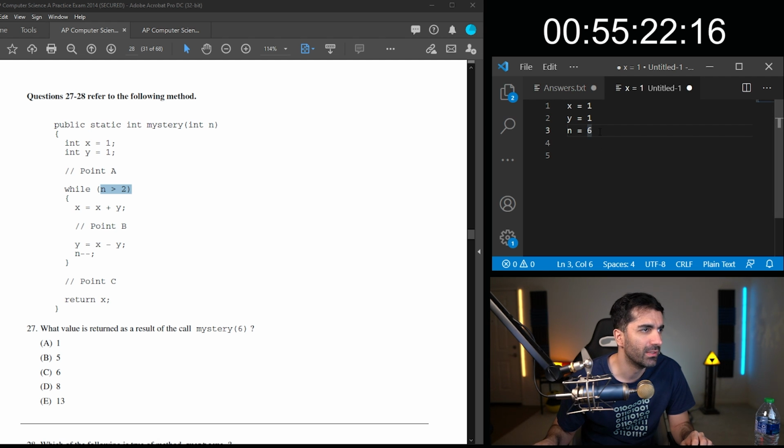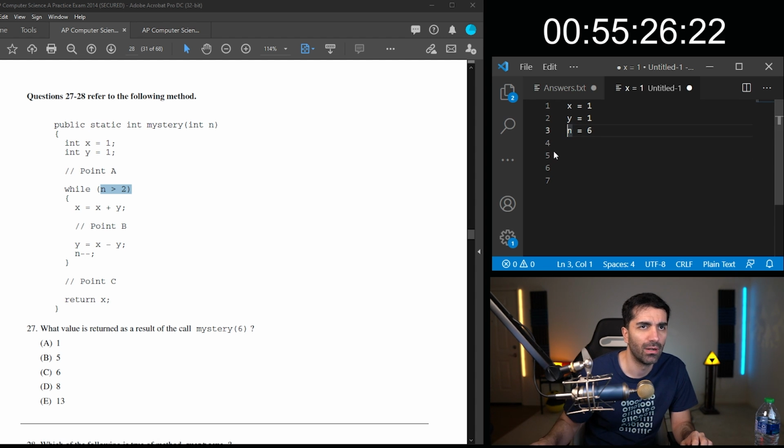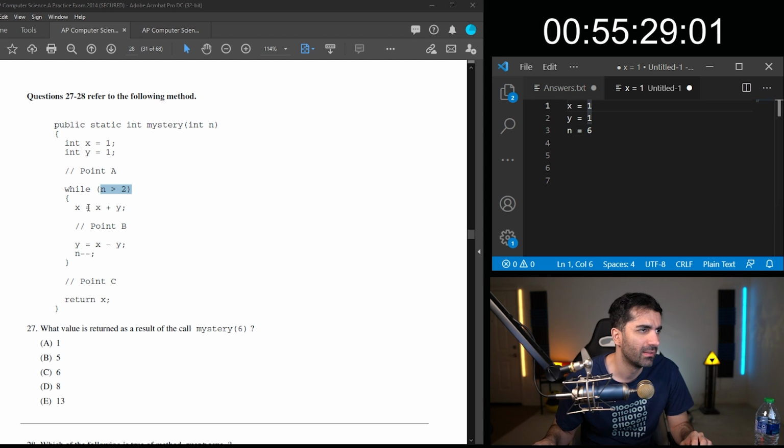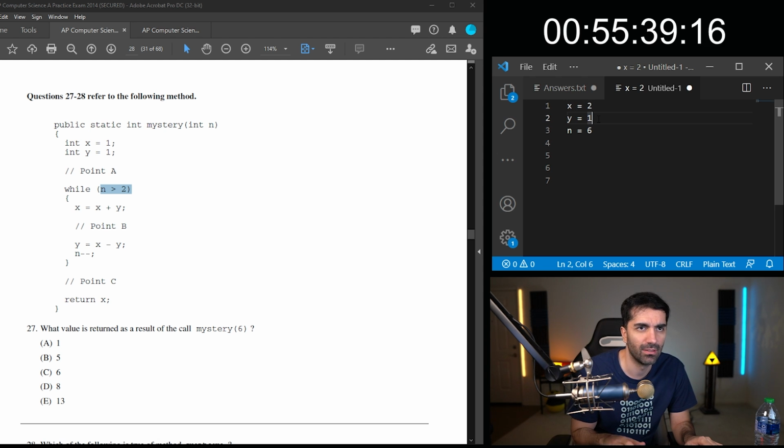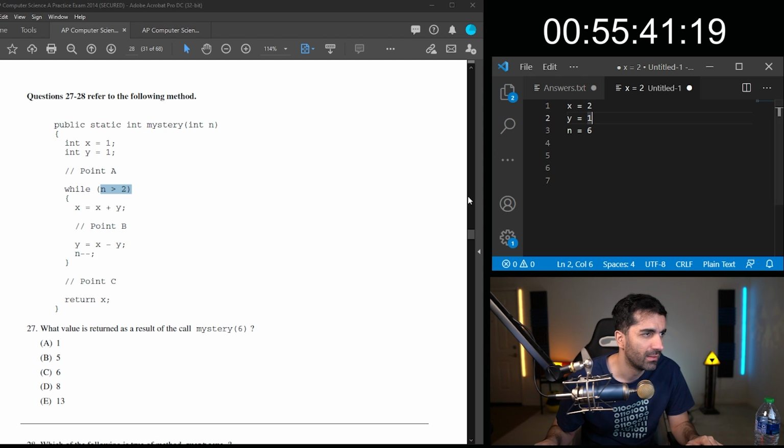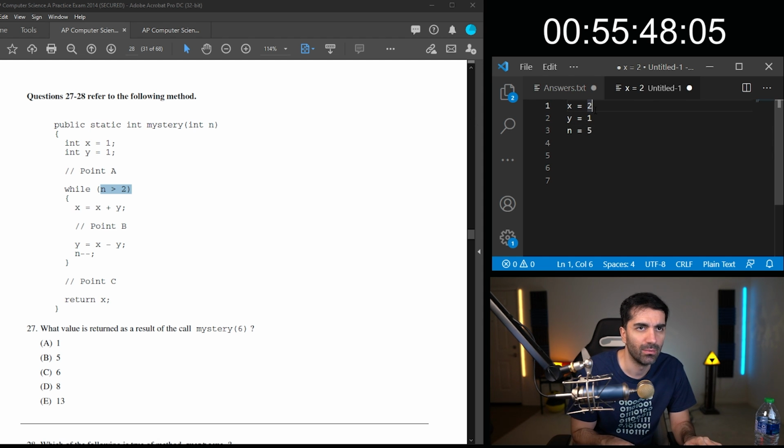Okay, let's just run through it. We're decrementing n by 1. So initially x equals x plus y. So now this is going to be 2. Y equals x minus y, so that's going to be 1. N minus minus, so we have 5. X equals x plus y, it's going to be a 3.